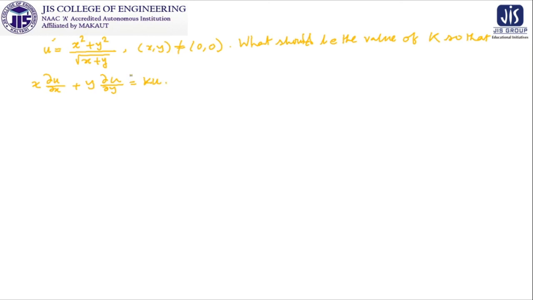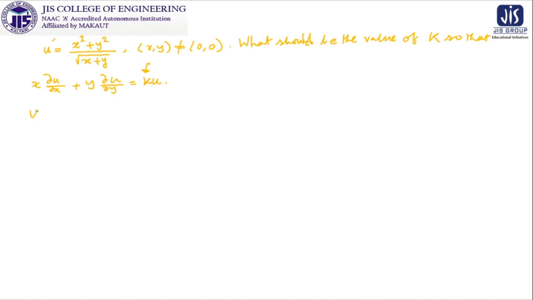Clear? So the expression of u is given, and they are also saying that it will be in this form. They want to know only the value of k. So looking at this expression, I think all of you are having this information in your mind. You have already cooked this information that we must use something related to Euler's theorem. And whenever you are thinking of Euler's theorem, obviously the function under Euler's theorem, you want to check whether it is homogeneous or not.